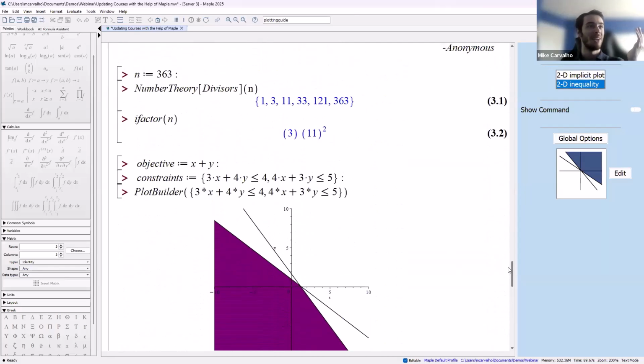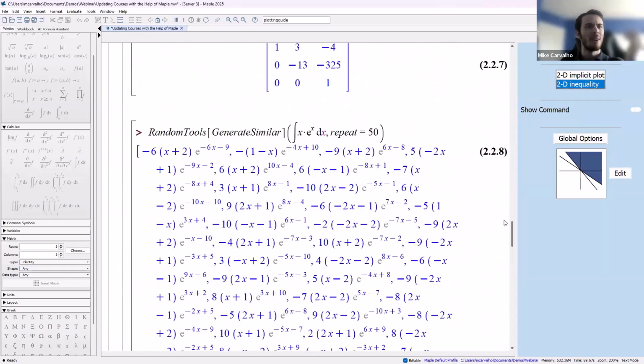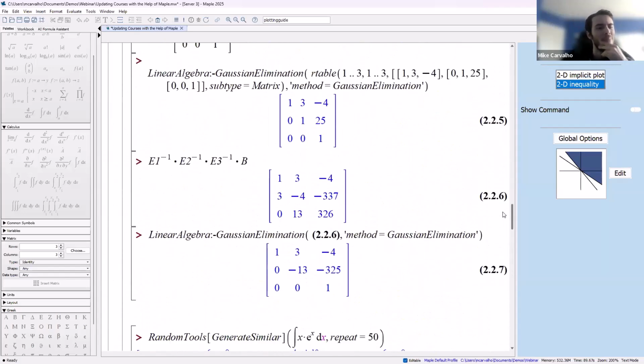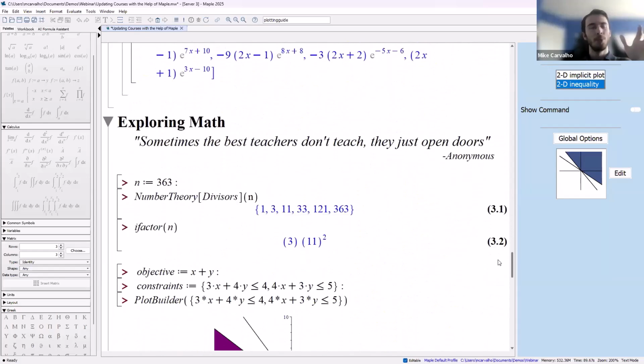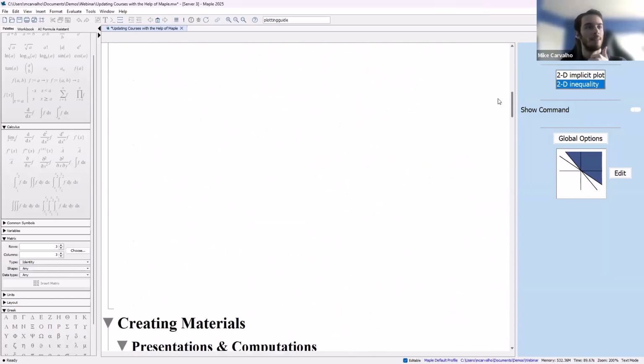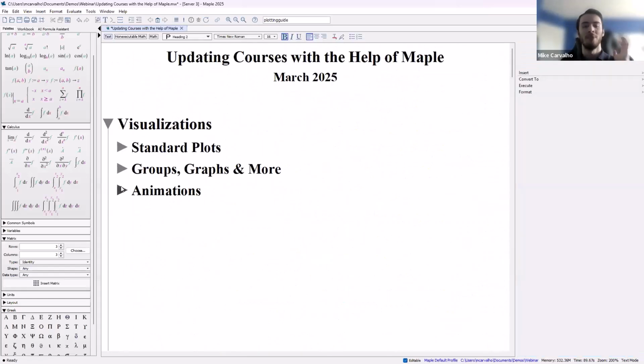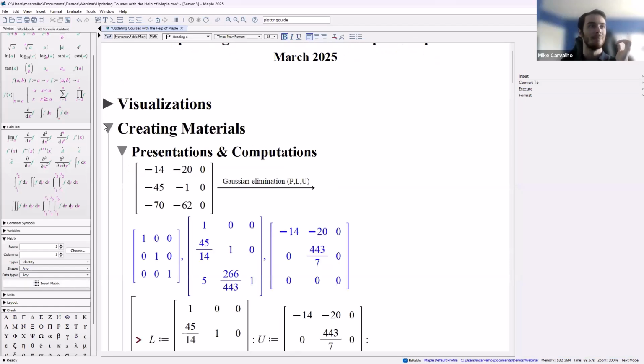Yeah, like I said, there's a lot here. Gone through it kind of quickly, but I hope this gives you a really cool overview idea of what you can do with Maple. Some of the key takeaways, just to go over everything. Visualizations, few simple clicks, you got them nice and easy. Creating materials, presentations. You can do presentations directly in Maple.